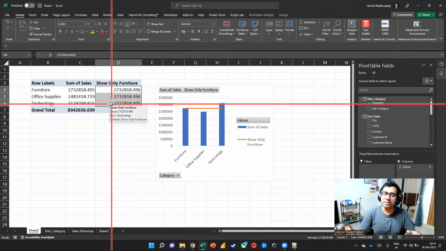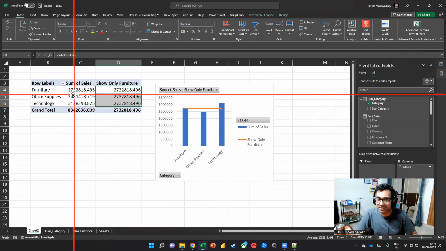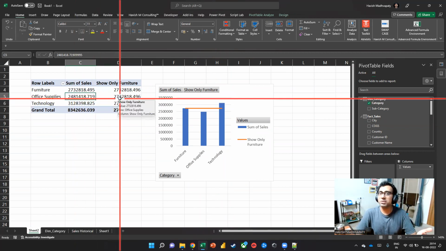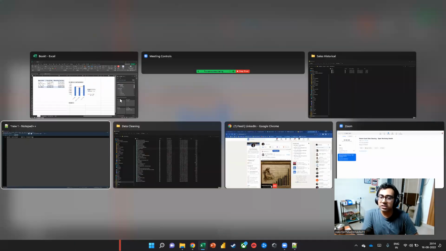What a lot of people do is they create half pivot table and half manual formulas. But that's a bad way of doing it because it's neither a pivot nor a proper customizable formula. So this is great because you can customize the way your values appear inside the pivot table. A very important use case for this would be